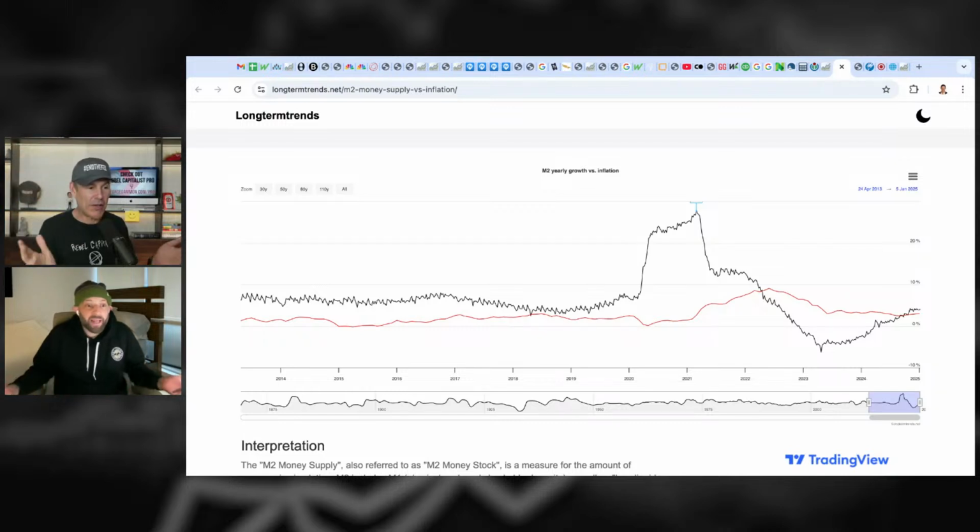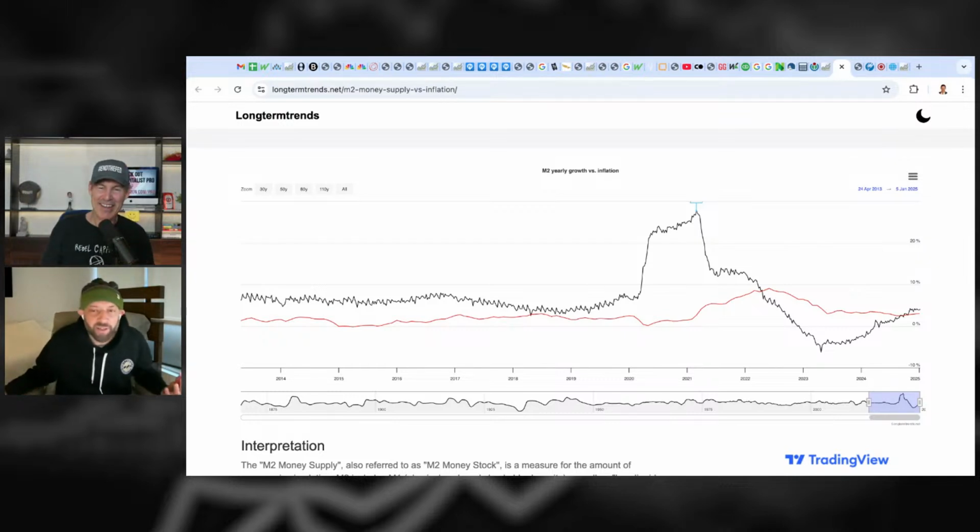So their mandate is price stability, right? Which is humorous, because even if they ride it out at 2%, that's still not stable prices. That's prices rising by 2% every year. Yeah. So how do you have a price stability mandate and then aim for 2% price increases every year? You can just tell they're making it up as they go along.